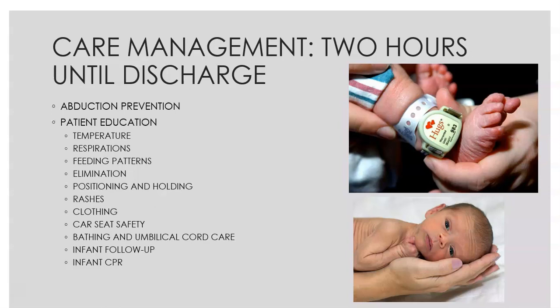As far as bathing and hygiene, babies shouldn't have tub baths until that umbilical cord falls off because of that risk of infection. Just dry baths basically until then. Teaching them how to do cord care. It used to be they recommended rubbing around the edge of the umbilical cord with alcohol to help it dry up and fall off. We don't recommend that anymore. Just plain water, maybe a little soap if there's urine or stool near it. But other than that, just plain water.